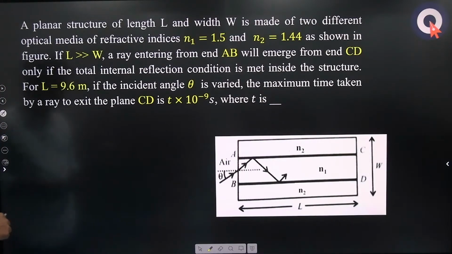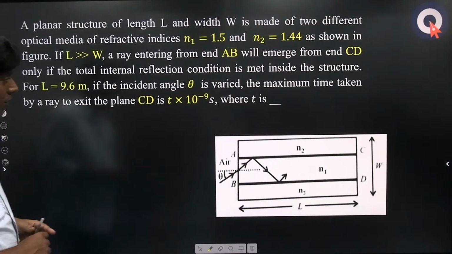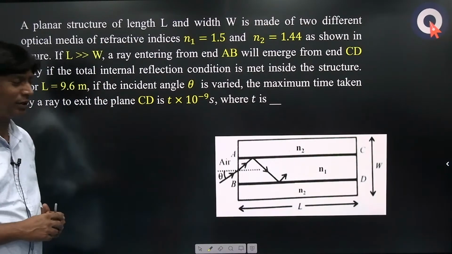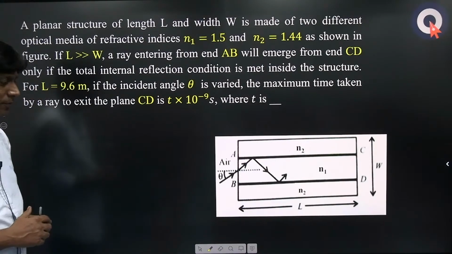So please look at this question. 1 or 2 minutes I will give you the time. Just look at this question and try to understand this question. First of all,